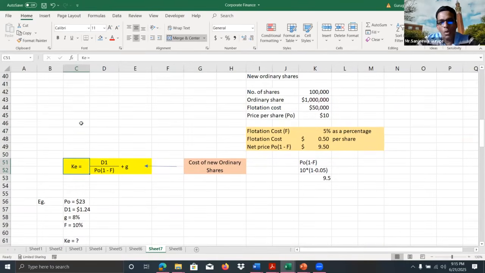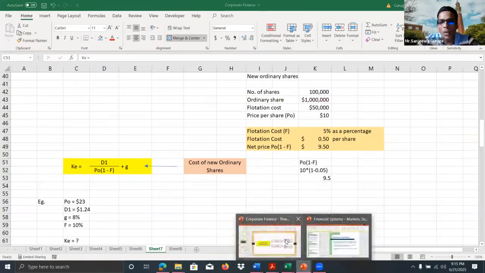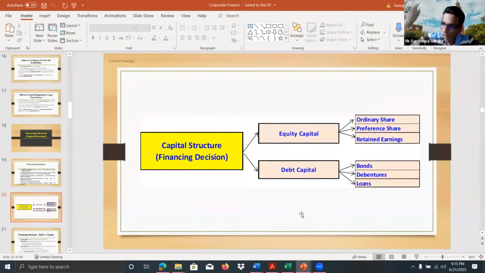Generally, when an organization is going to raise capital, there is an order. Organizations prefer to use, and what do you call it? So in finance theory, it is called pecking order theory, right? Exactly. So then generally organizations prefer to use what? Prefer to start with retained earnings, then debt capital, and then issuing new ordinary shares. Issuing new ordinary shares will be the last option.